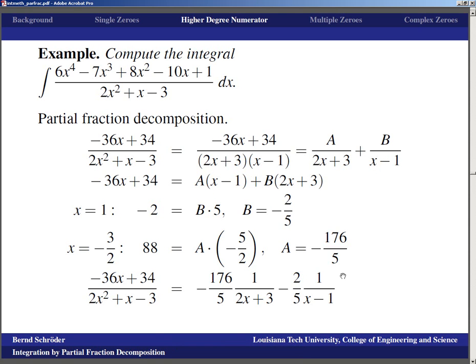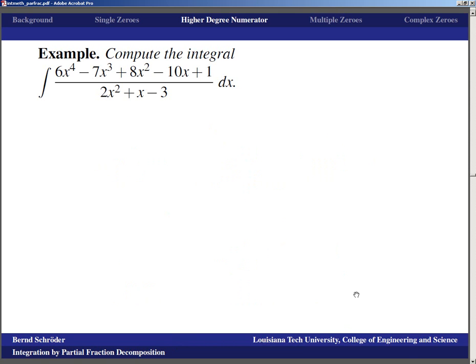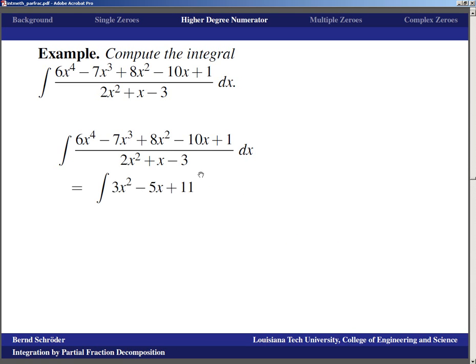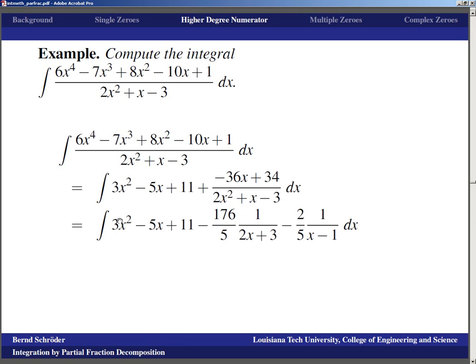And again, notice here, this is just something that helps with the bookkeeping. You keep the factors, which we're going to have to pull out of the integral anyway, you keep the factors separate from the functions. Alright, so now we can actually compute the integral, because we know that this big rational function is equal to the polynomial part, 3x squared minus 5x plus 11, plus the remainder part, which decomposes into the integral of 3x squared minus 5x plus 11 minus 176 over 5, 1 over 2x plus 3 minus 2/5, 1 over x